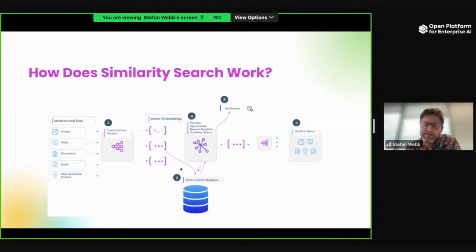Then we can store that in a vector database. This unstructured data is the data that we want to index and search, so this is something that we do beforehand, before a user comes in with a query.